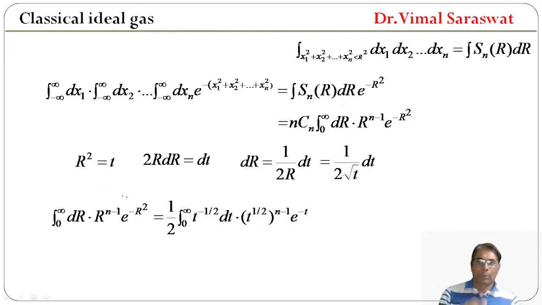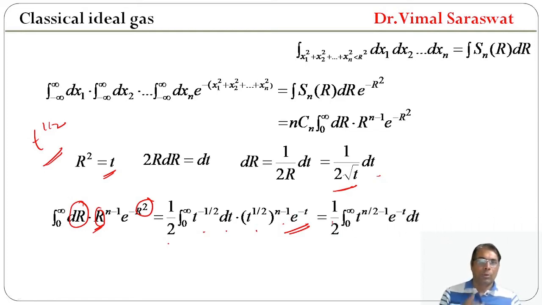Since r square equal to t, we replace this r square with t, so this will be e raised to minus t, and here we require r, and r equal to root of t, that is t raised to power half. So we replace this r with t raised to half, so t raised to half whole power n minus 1. And this dr is actually 1 upon twice root t dt, so 1 upon 2 t raised to minus half dt,